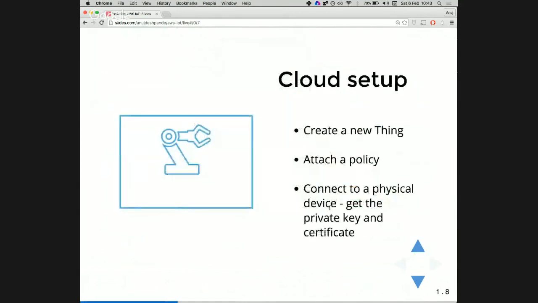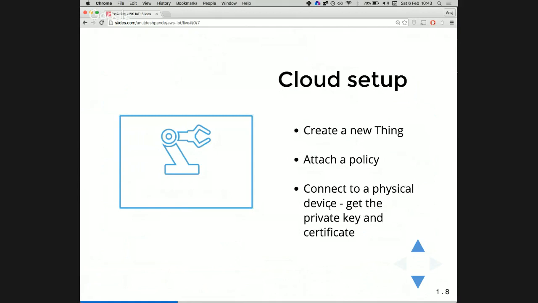Right. So the first thing that we're going to do is create a new thing. Then we are going to attach a policy, and then we are going to connect it to the physical device, right? By putting the keys on the device itself. Thing is a terminology used by Amazon. It represents a particular device. Policies are attached by Amazon to each device. This allows me to take mass action.